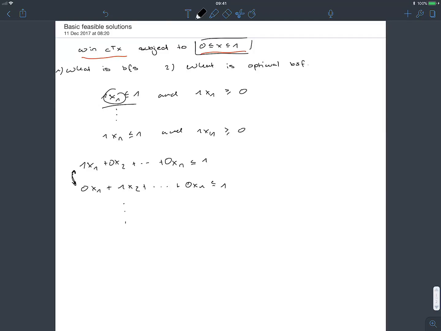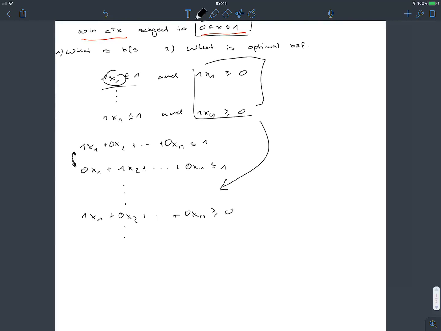And now let's put this below here. So we can write 1x1 plus 0x2 plus ... plus 0xn is greater than 0. And equally we can write the other ones. And now you can see from this one, we can obviously get to this one, right? So these two are obviously linearly dependent. And